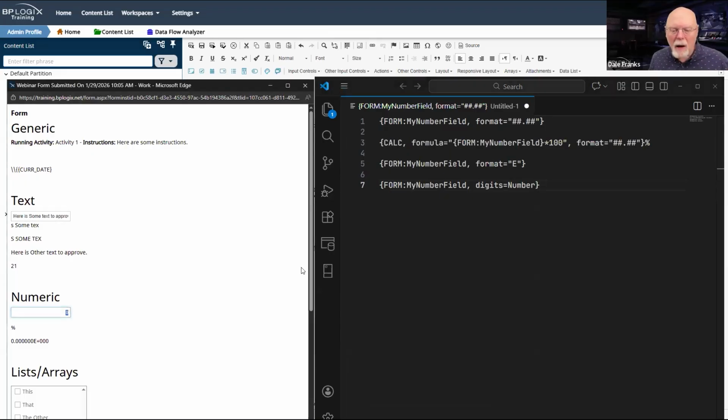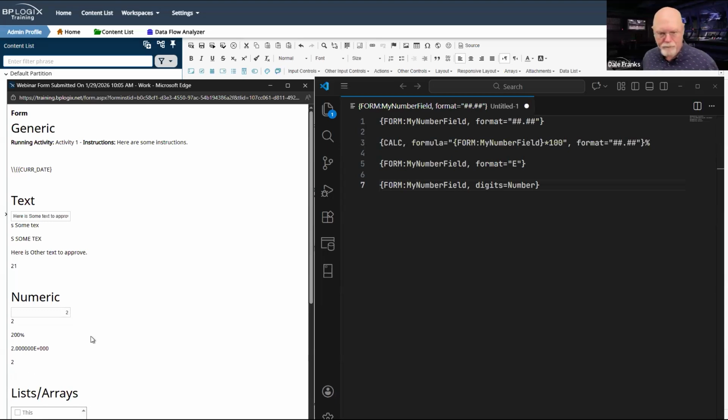So let's add a number here and let's see what we get. First thing I'm going to do is just add a generic number. We're going to have to change this a little bit here. So let's take a look at what we're doing with these four system variables. The first one is a formatter. There are a number of formatters that exist in the system, and depending on the value you put in, you're going to get slightly different numbers.